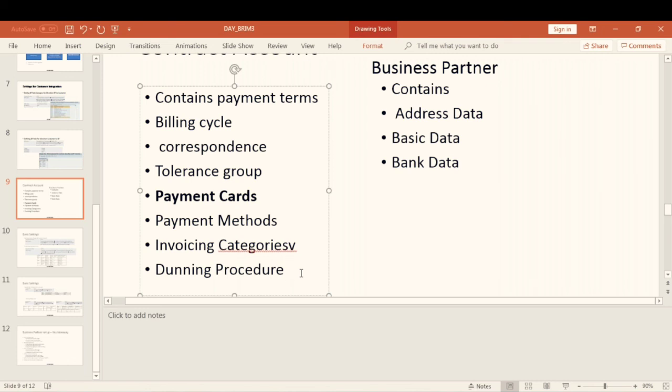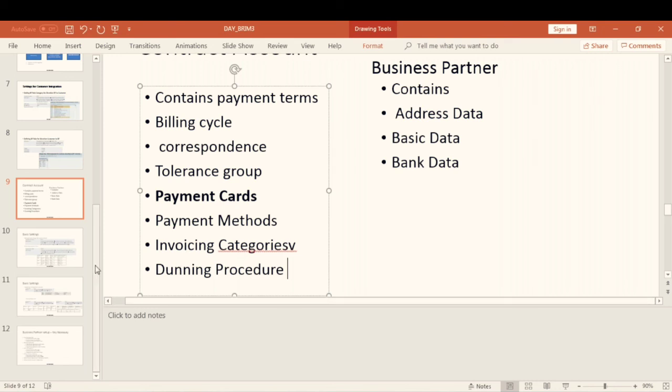These things are defined in the dunning procedure. It alerts the customers every day or every 2 or 3 days. If the payment happens, then the dunning procedure does not work.